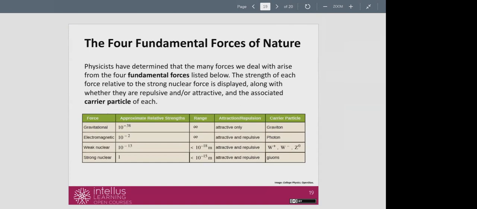Now, you would think that since gravity deals with the masses of objects, and those objects can be very large or very small, gravity must be the strongest force. But actually, gravity is the weakest force. It's the weakest force. Okay. If you look, the strong nuclear force is the strongest force. Okay. And you can see also,